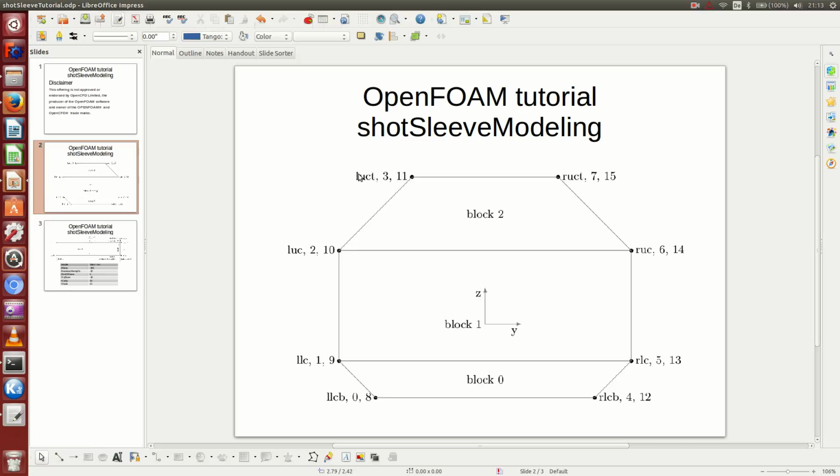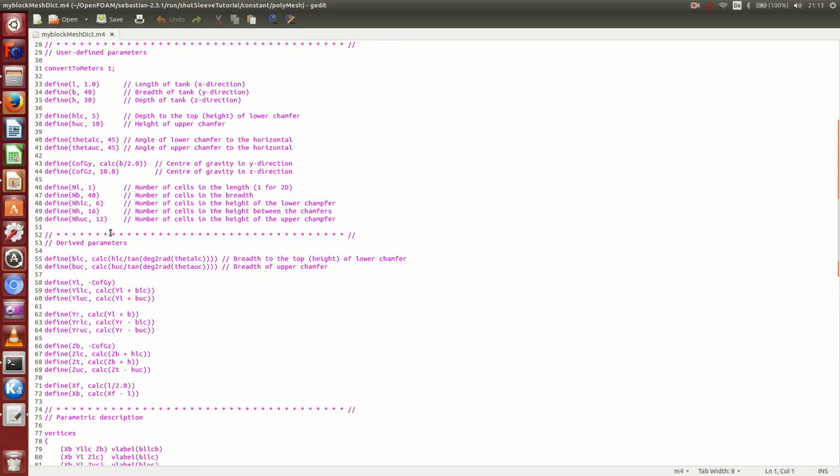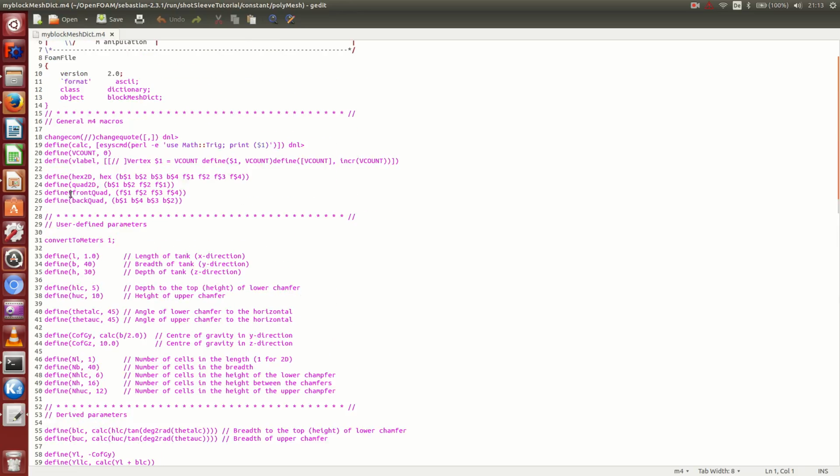Well, that depends on whether you actually look at the vertex in the back, then this becomes BLUCT, or you look at the vertex in the front, then this becomes FLUCT. And this normally you don't have to take care of yourself. The functions just normally do it for you. As you can see here, depending on whether you address a front quad, it will automatically add an F in front of the string,